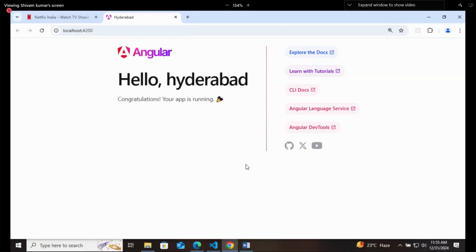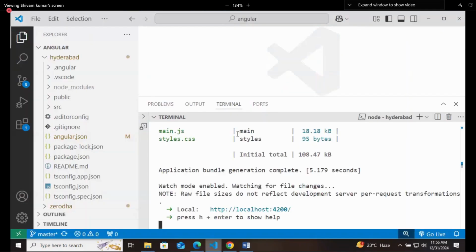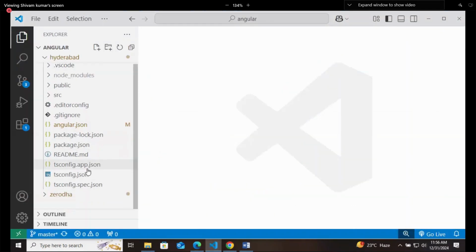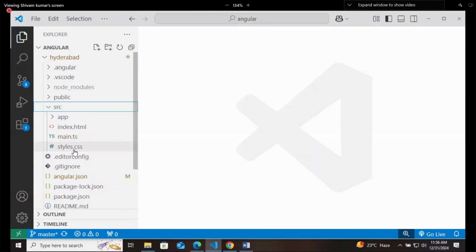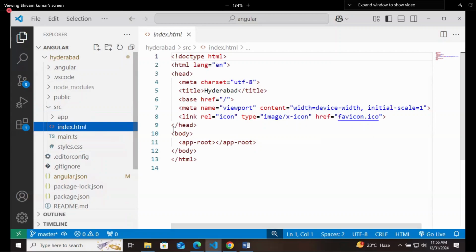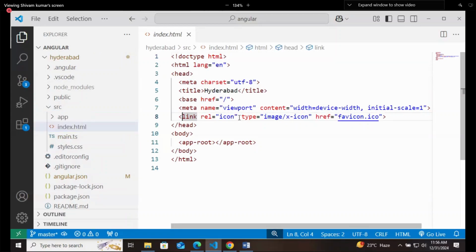So the project is working now. Look here, the title Hyderabad is coming, but the app logo is the Angular logo. That site icon. Let's first change this part. So go to index.html of the Hyderabad project that will be available inside the src folder. Go there. You will see that link rel equals icon, type equals image, and this is the href. So instead of this href, what I will do is I will give the